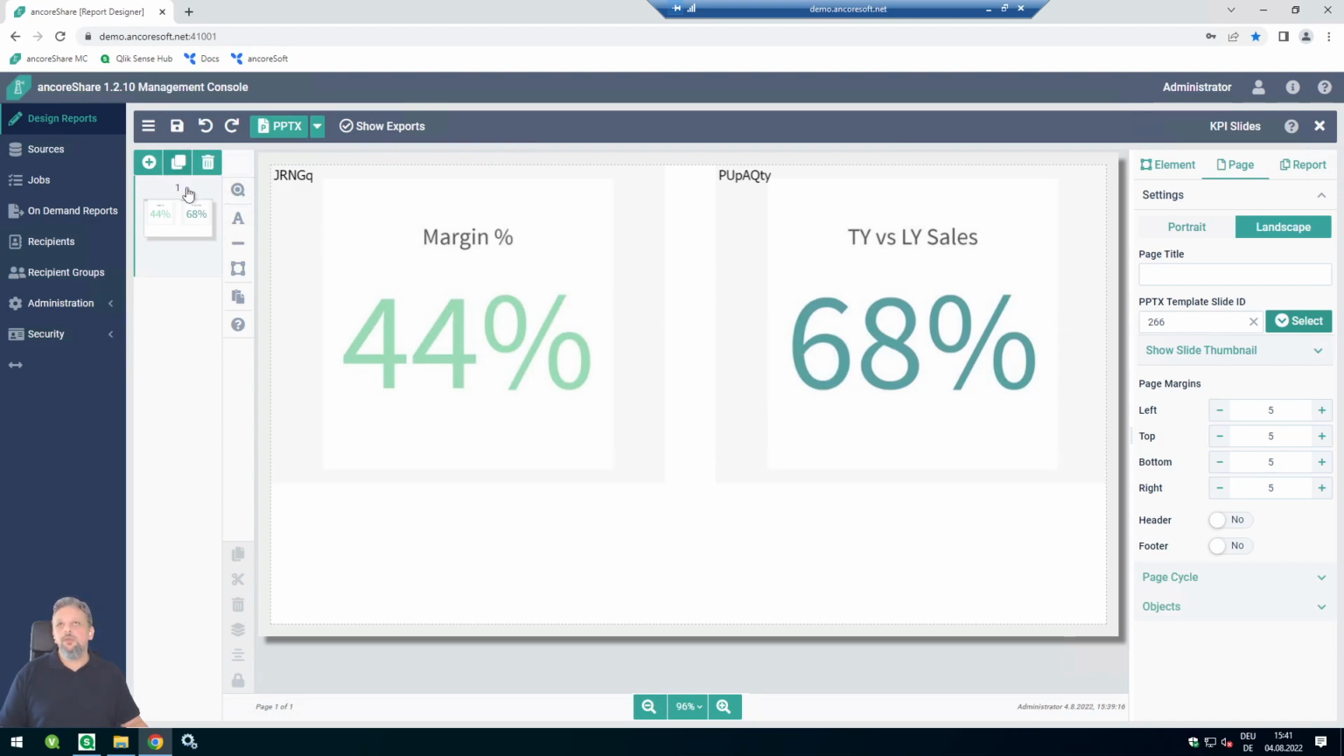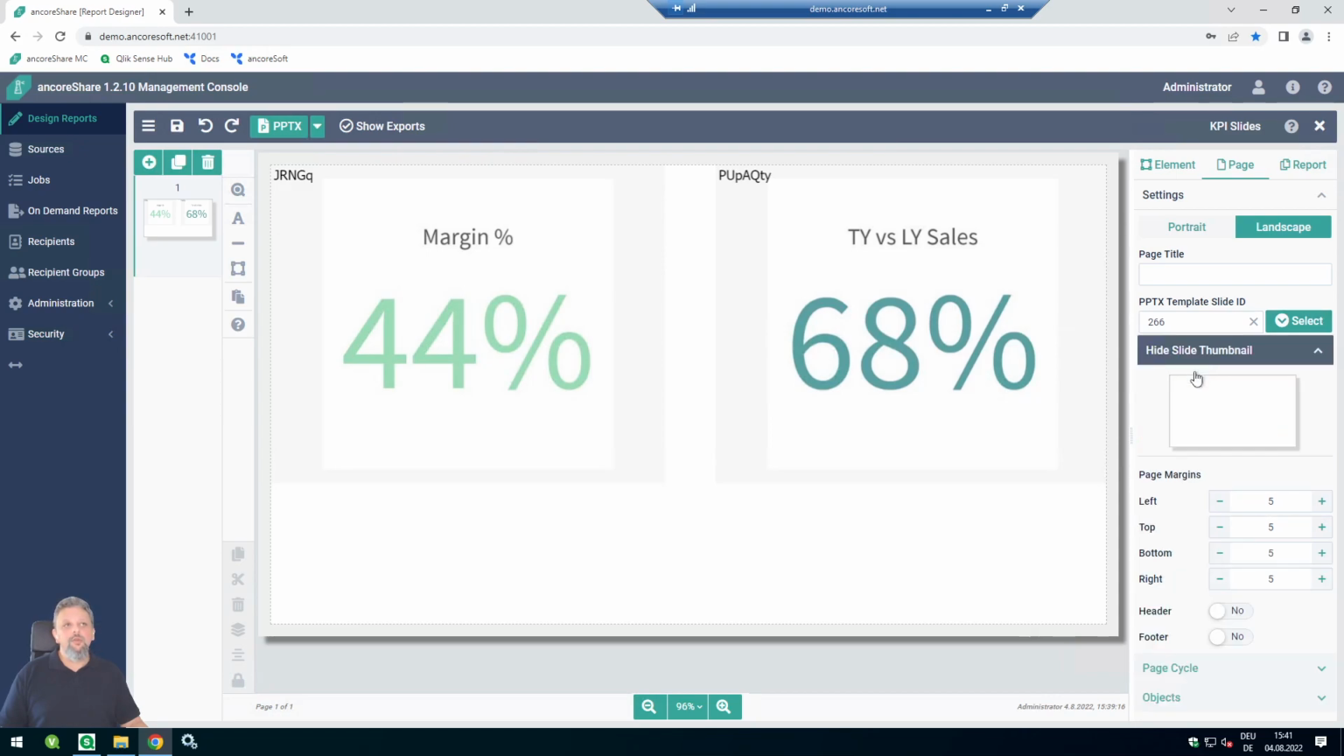So that means that this page number 1 will be automatically added to slide number 3. When you click on that, you're going to see that the slide where we added is a blank one. Okay,